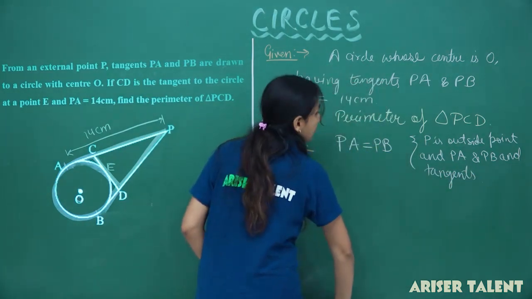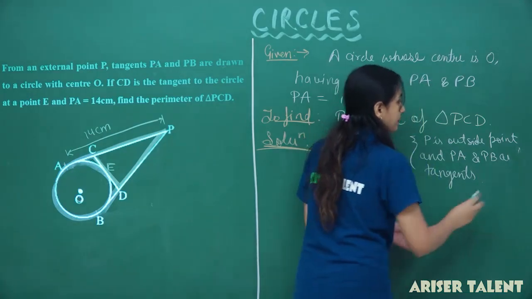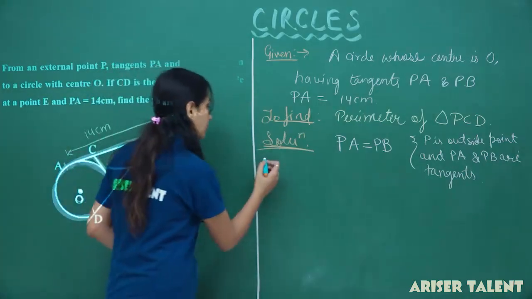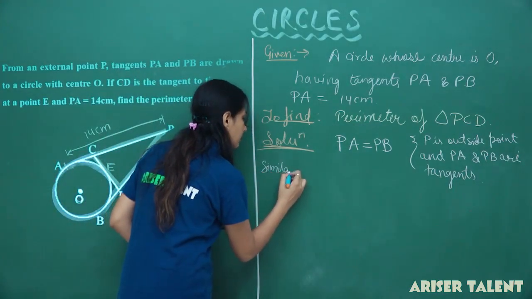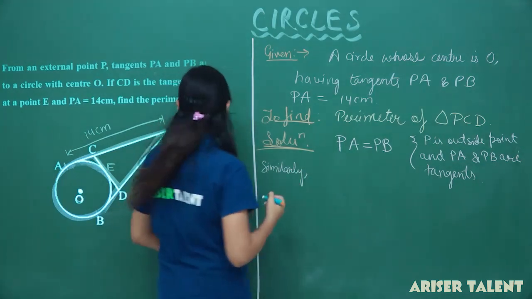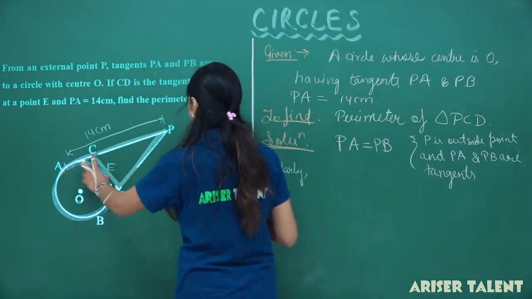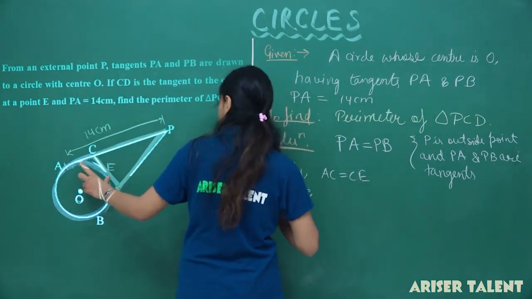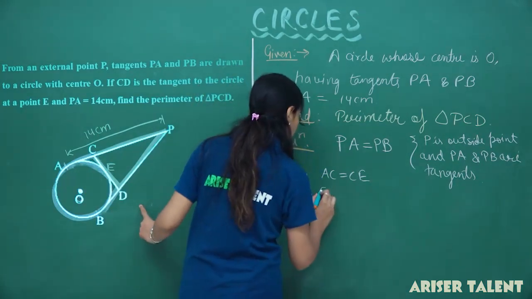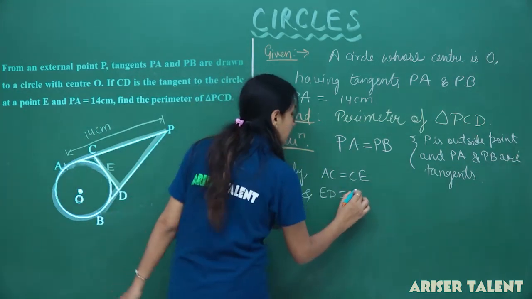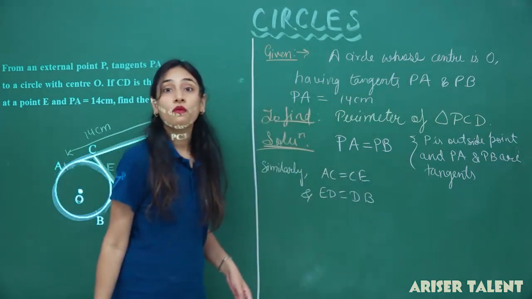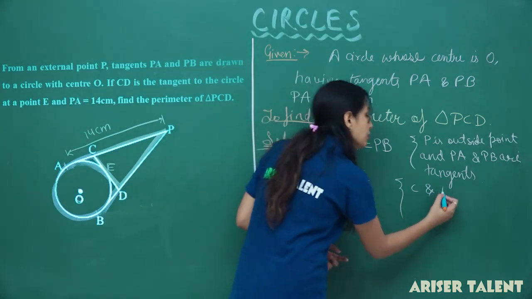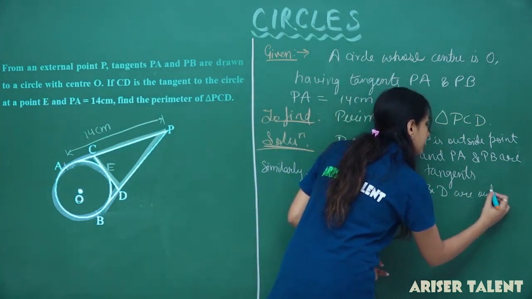This is R, not and, it's R. So, this is one. Now, similarly, what I am having, AC equals to CE, and ED equals to DB. Why? C and D are outside points